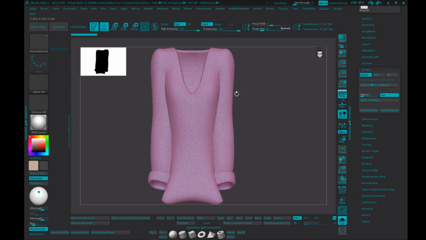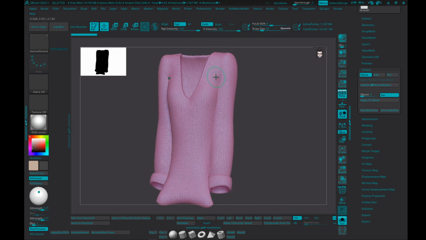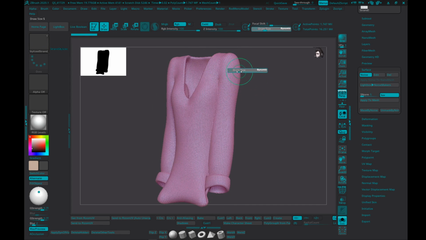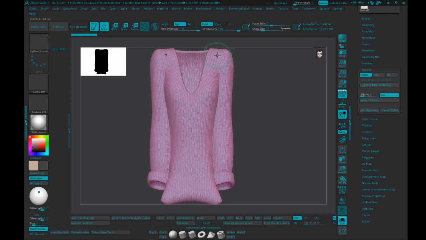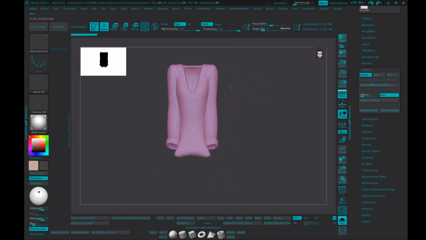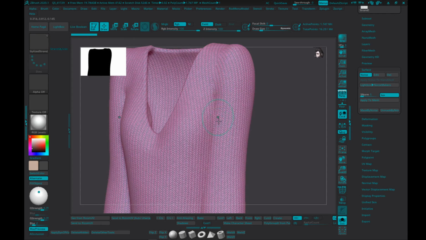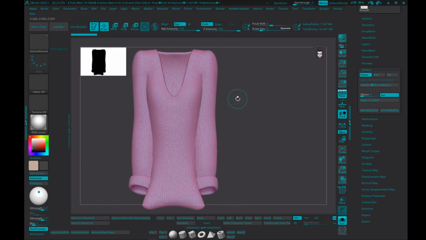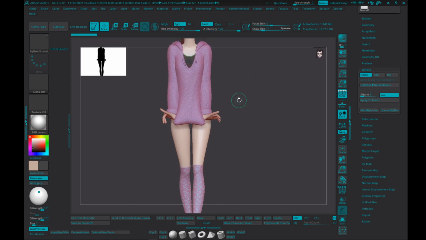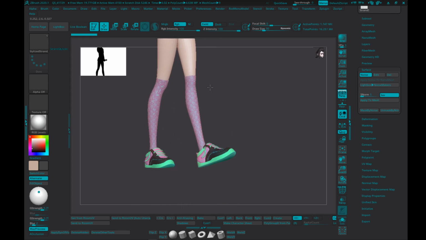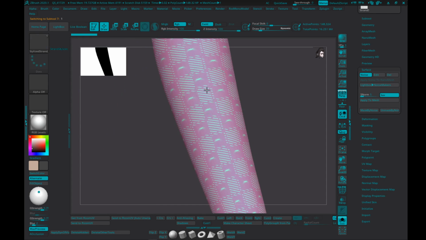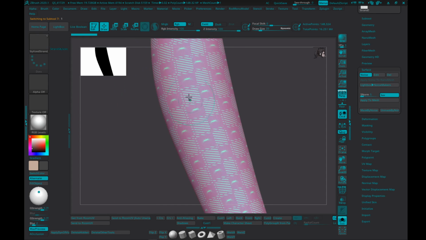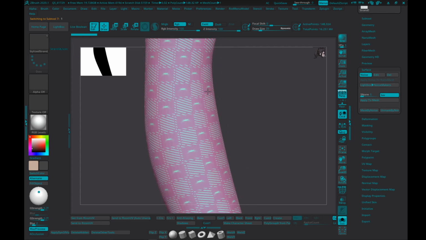But of course, you're not really going to notice that because it's clothing, and clothing is obviously cut up so that you get seams. But if it's like a knitted thing, maybe it was all knitted as this, so maybe it's not going to be as cut up. But yeah, you just want to put the seams somewhere where you're not going to see them. So for example, I go to the socks, and as you can see, I put a seam along this, but again, you can't see it because this is a